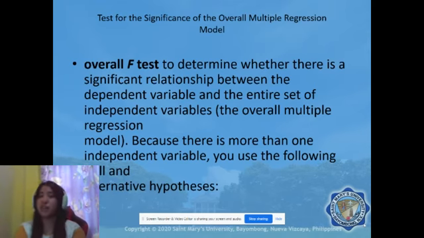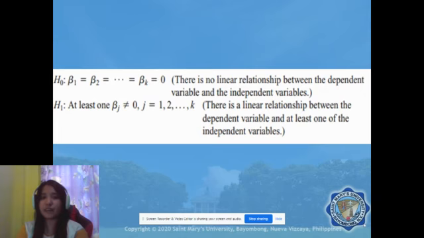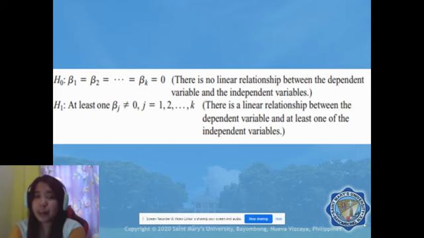The test for significance of the overall multiple regression model. So overall, the F test is used to determine whether there is a significant relationship between the dependent variable and the entire set of the independent variables. It is the overall multiple regression model because there is more than one independent variable. So you use the following null and alternative hypotheses. Just like our simple linear regression, our H0 still states that there is no linear relationship, but of course with independent variables, it's with letter s. So it's between the